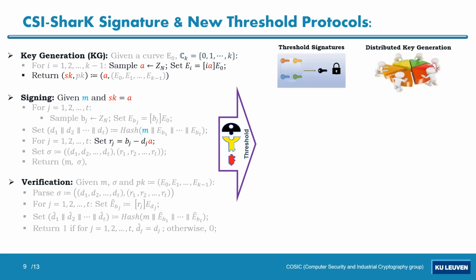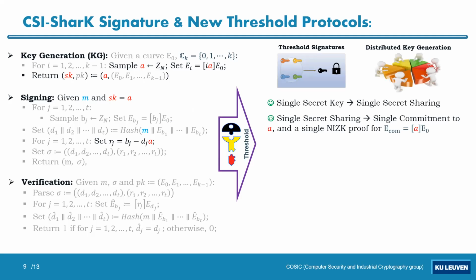So now what if you want to make threshold protocols based on this? We have nice points here. We have just a single secret key, so we will have a single secret sharing. We will have just one secret share to communicate with the IDs, the parties, I mean. And if we have a single secret sharing, we can have